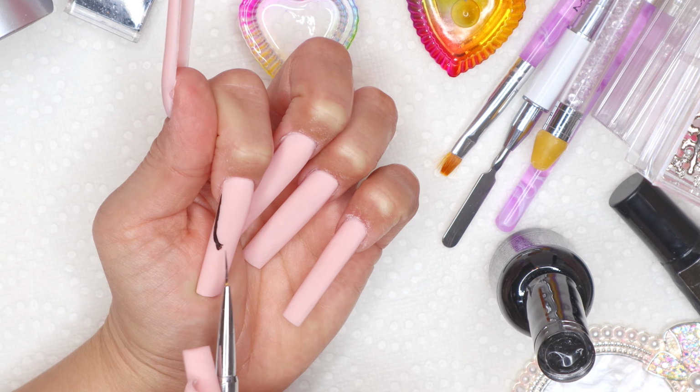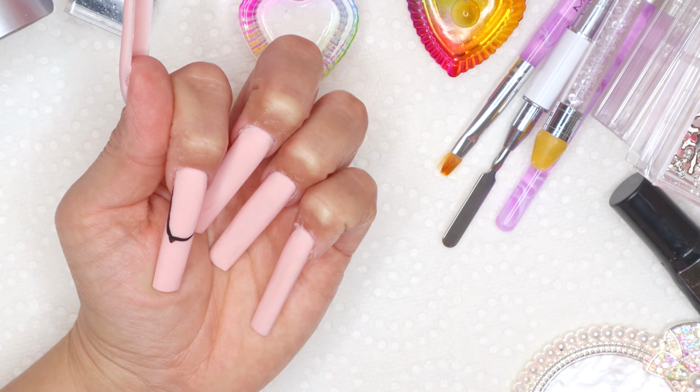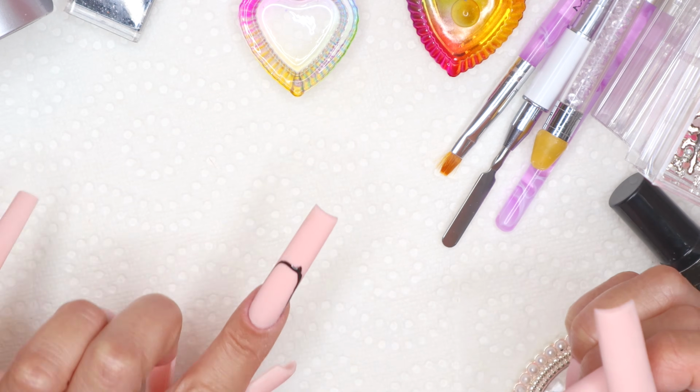Now I'm going to go ahead and start painting the French on the nails. I'm using this black shade from Nail Reserve. I really love their polishes because they're nice and thick, so they don't run when you're trying to do nail